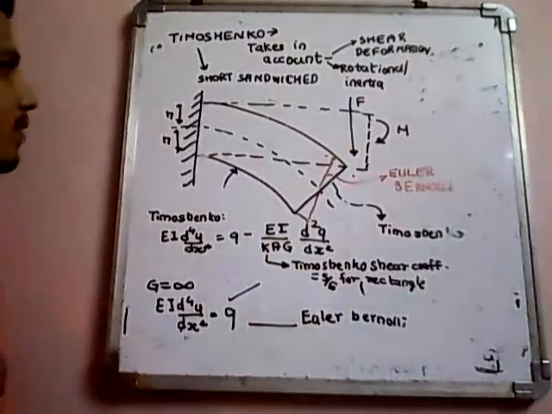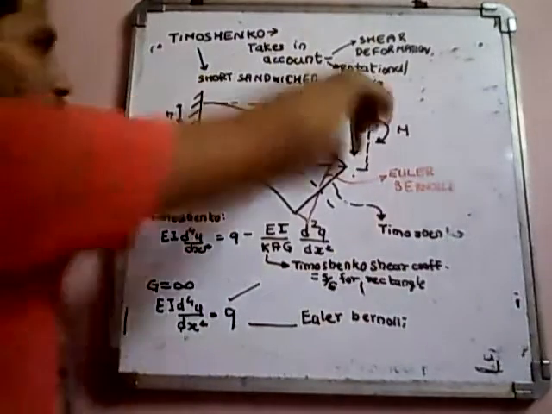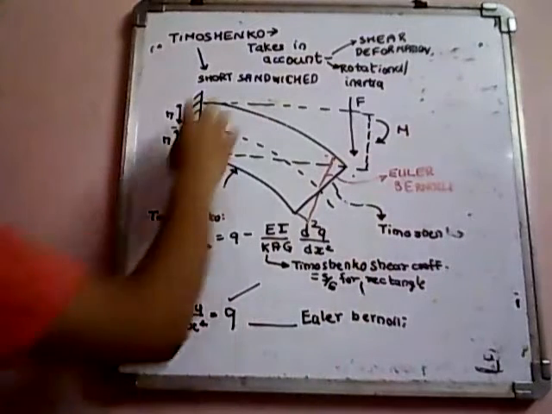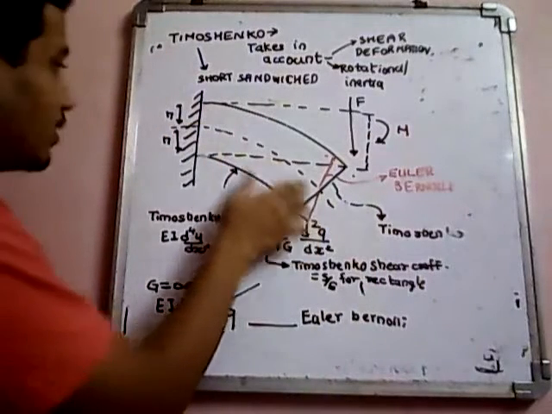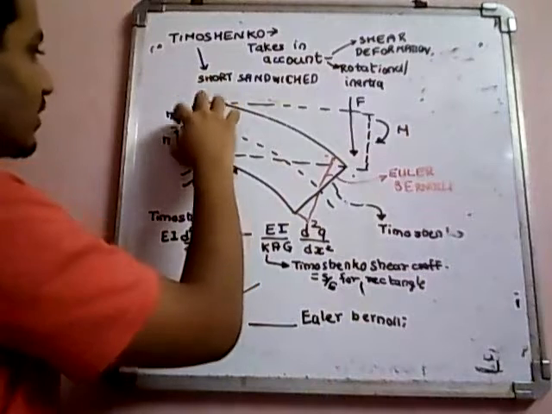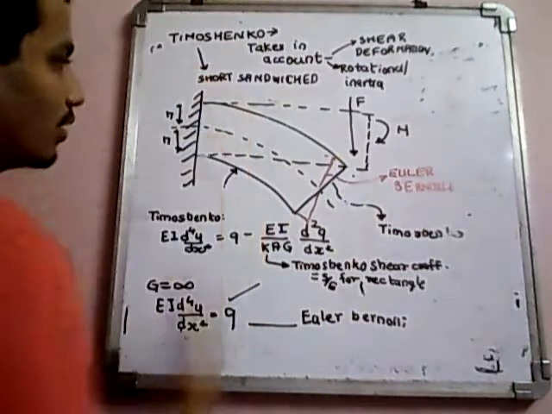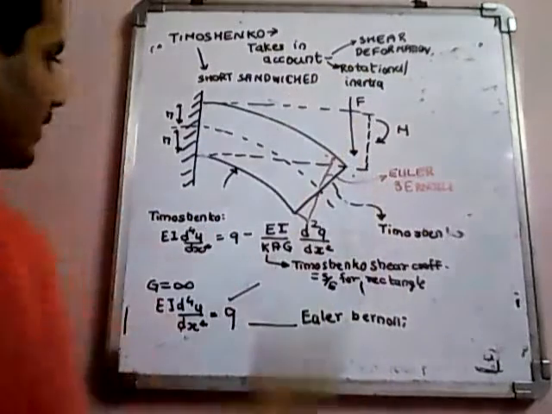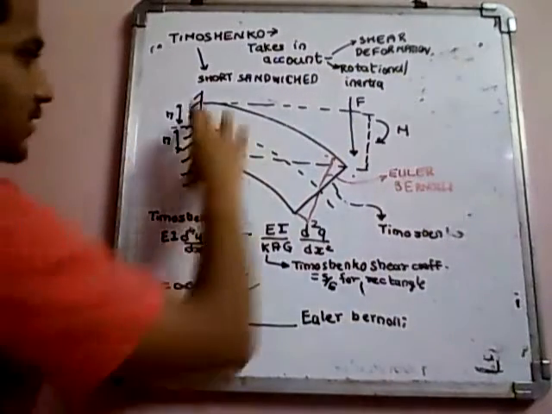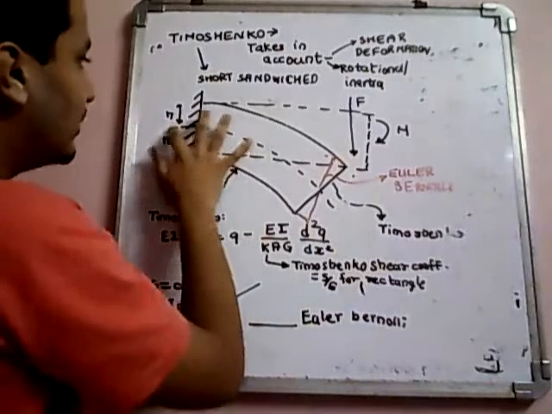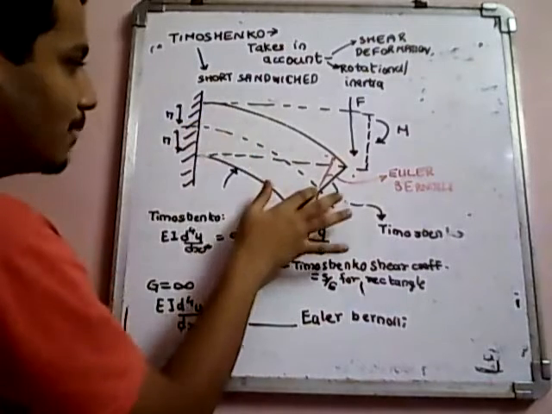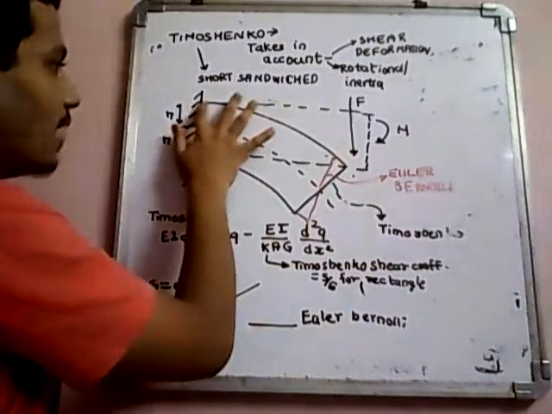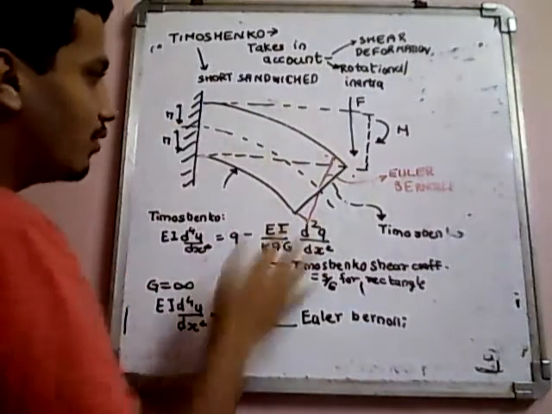Consider this cantilever beam. If I apply force and moment on this beam, the beam will undergo some bending. This is the neutral axis of the cantilever beam, and it is H from both the upper and the lower fiber. Now, if we apply a force and a moment, the beam will bend. But as the beam bends, the length of the fiber at the position of the neutral axis will remain the same, but the length of the fiber on the upper and the lower face will change.